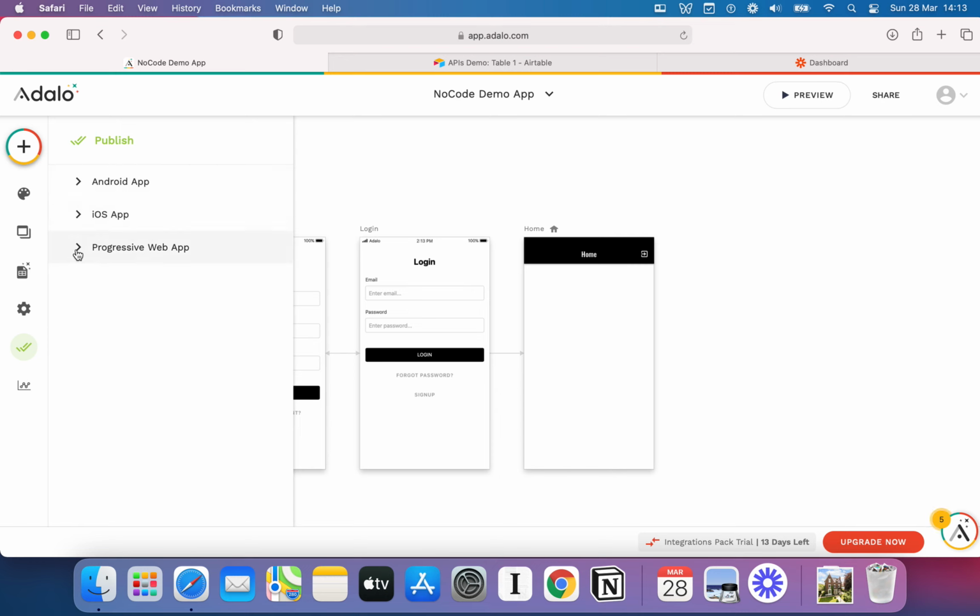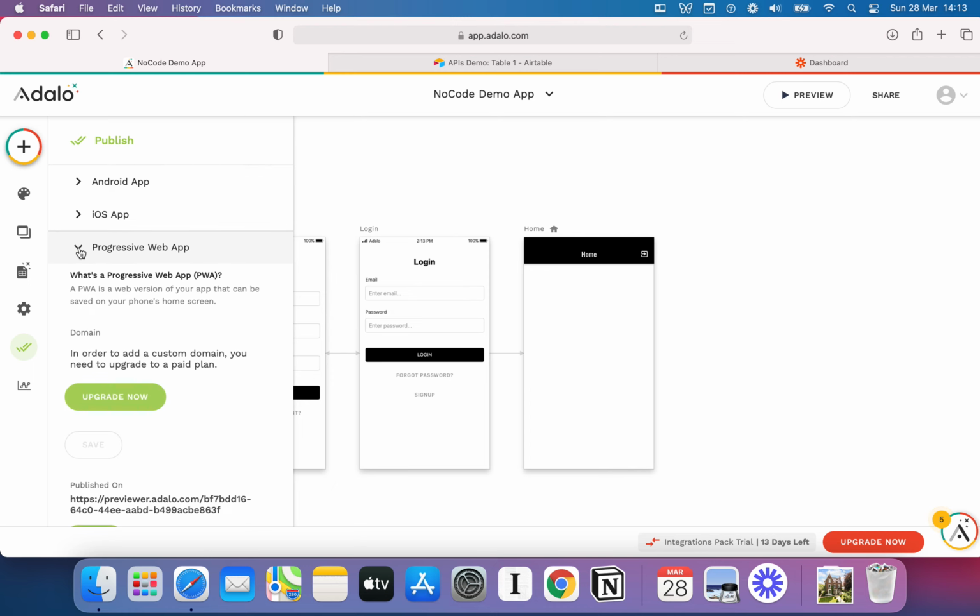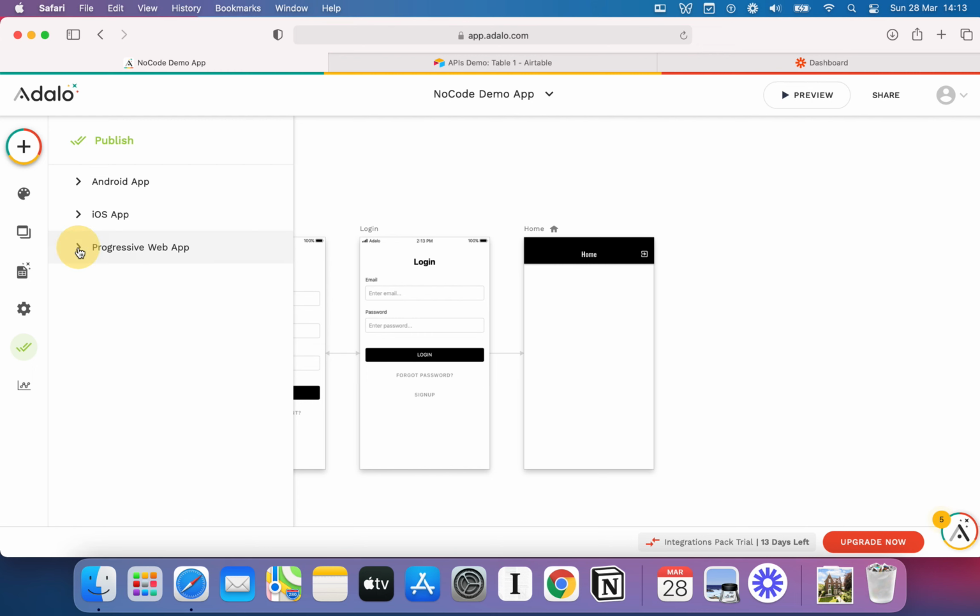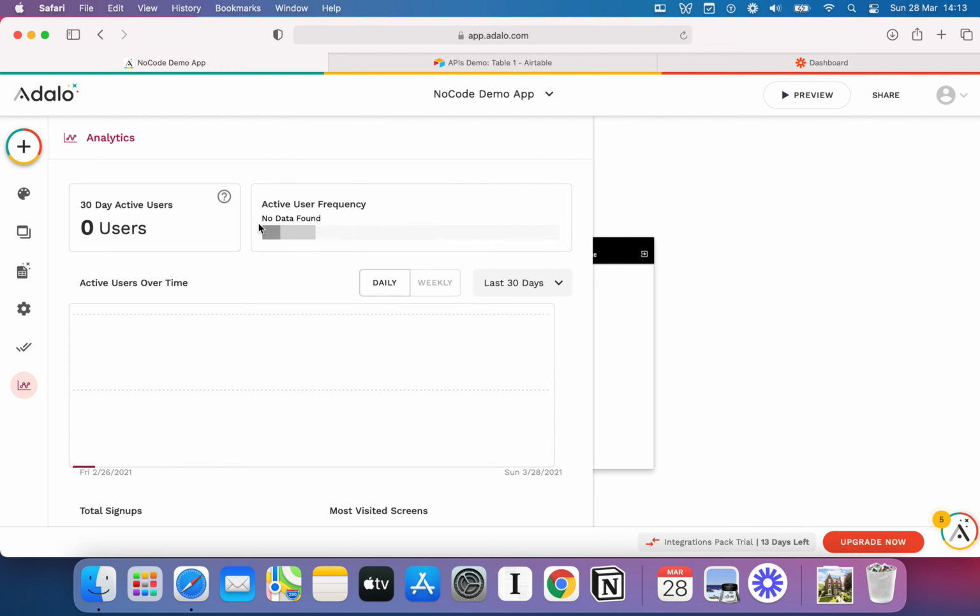If you haven't heard that term before, it's essentially a web app that a user can save to their home screen. So it acts just like an app, and it looks like an app and it feels like an app, but it's not a native app that you would download in the App Store. It's something that you would just save. We'll mess about with all that later, but in the meantime, one other cool thing just pointed out about Adalo